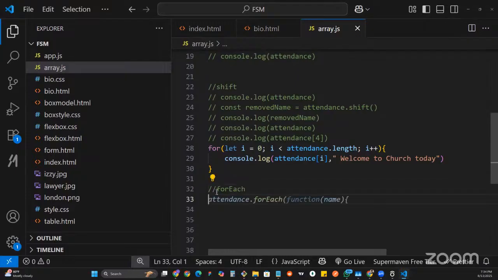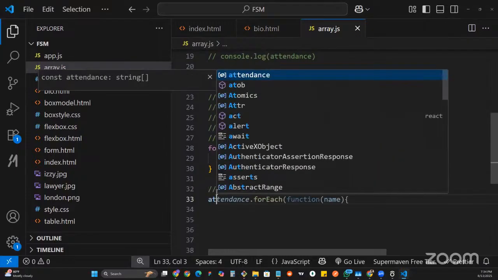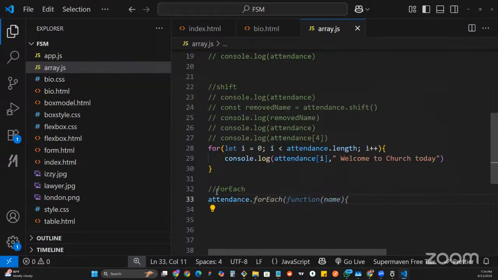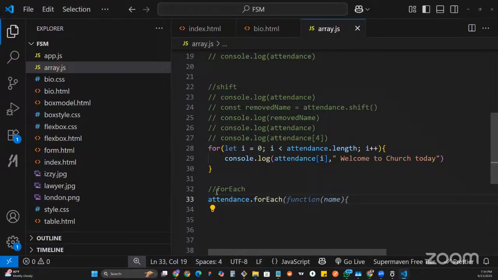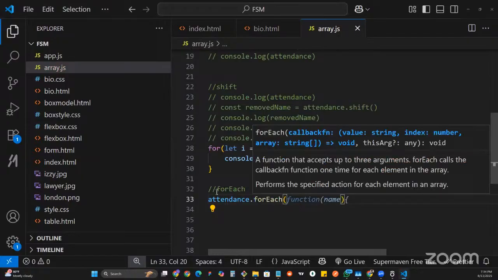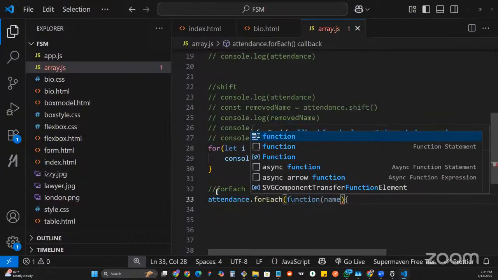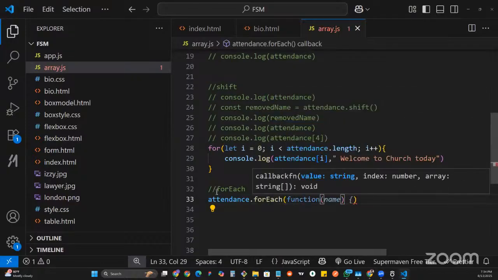And what for each will help us do is you can say attendance dot for each. So what we'll take here, it will receive a function, and that function that we pass to it will receive a name,